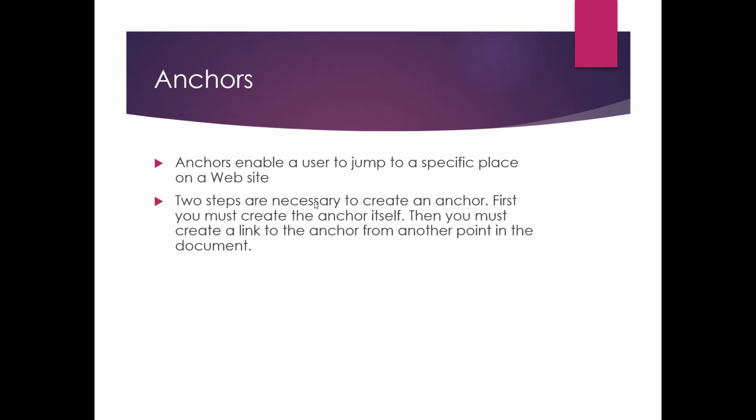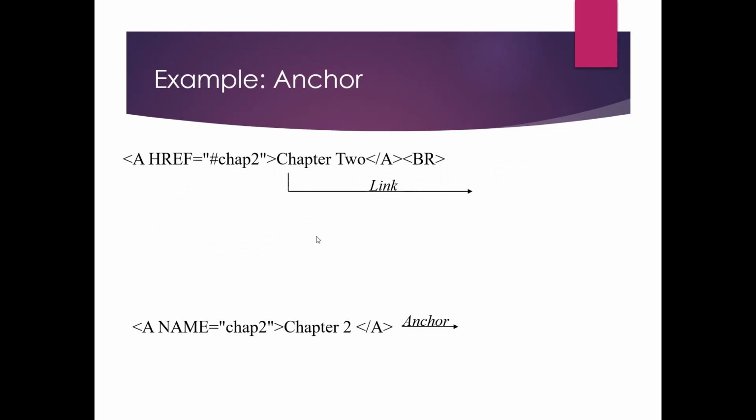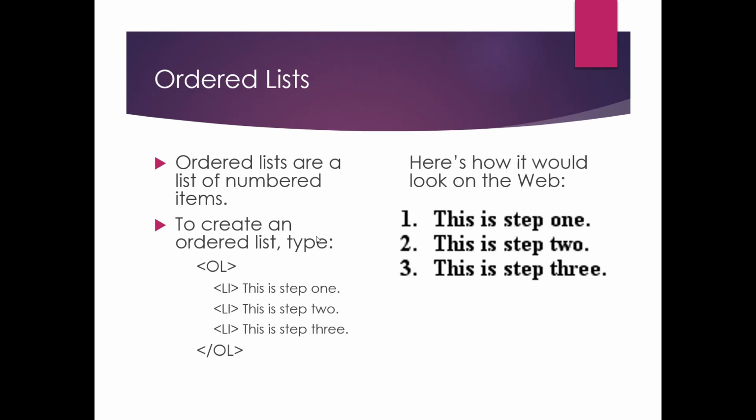So these are the basic steps. We can have a look at the detailed anchor and the type of tag that we can use for it. This is basically a name, that is the anchor name, and the name of the anchor that you're using, and then you can just go to that. Suppose we are using hash and the anchor name. So this is the example of how we can do this, and please do try it practically at home, only then can you learn this. Next come the lists.